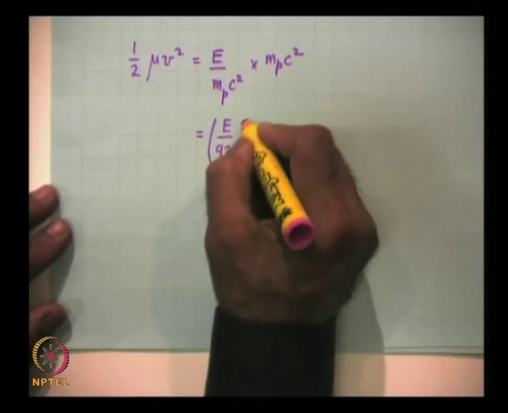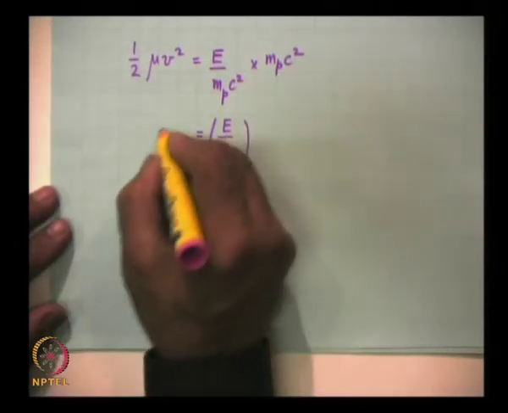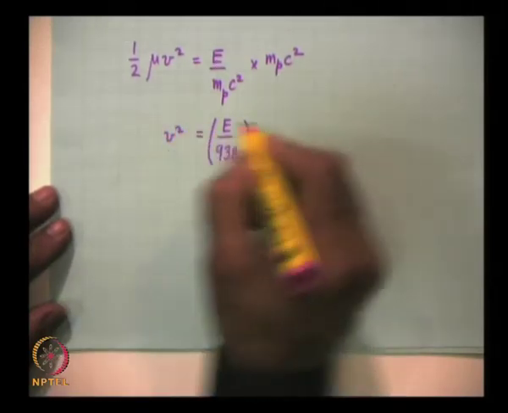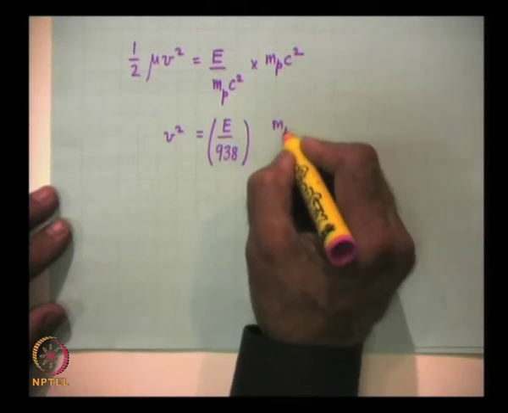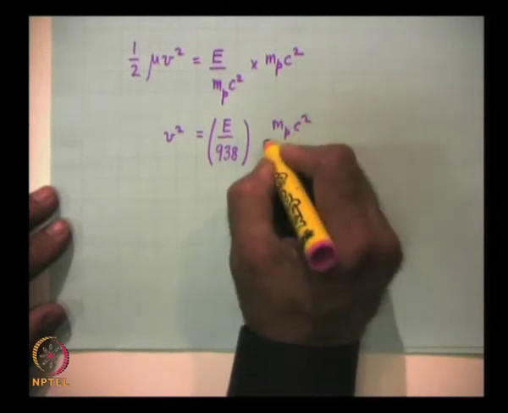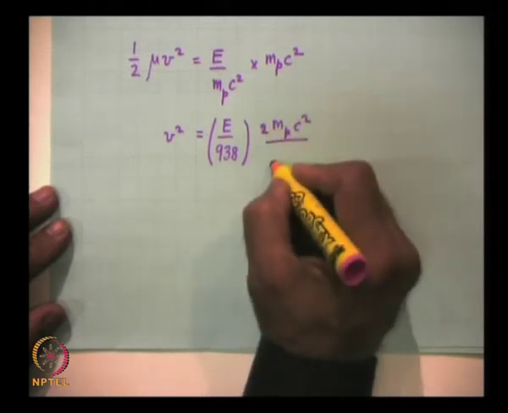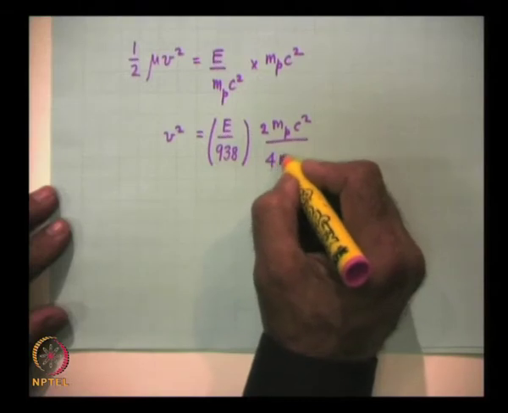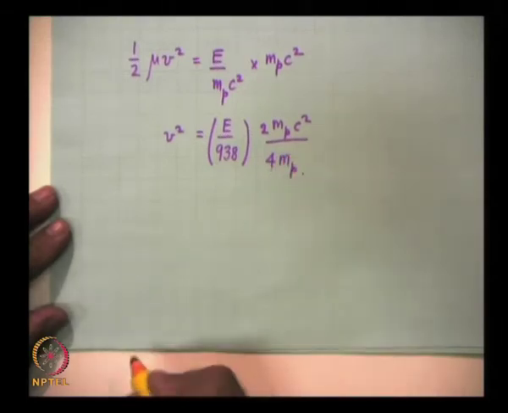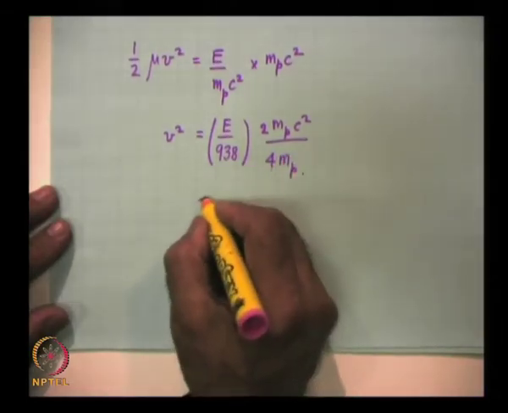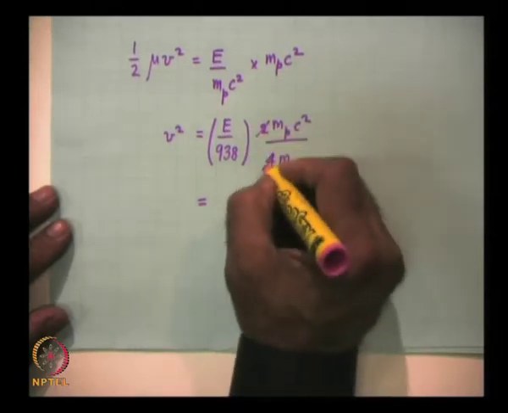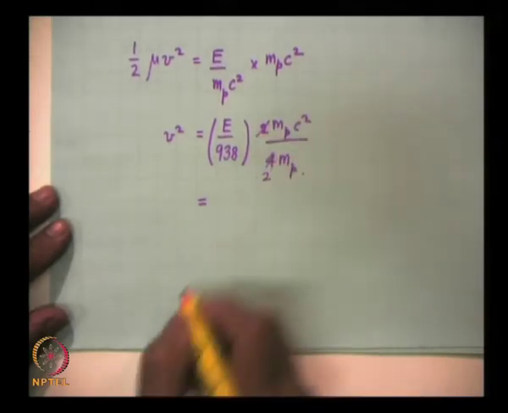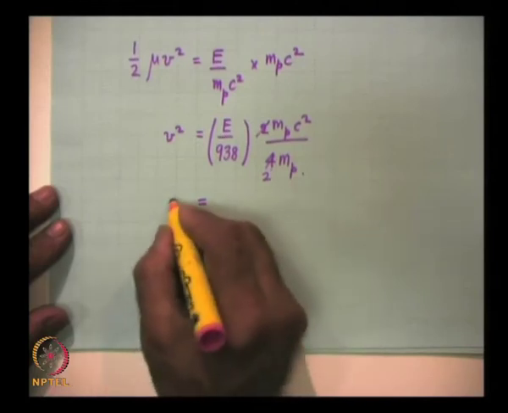Now, E is measured in MeV. So, V square is equal to mp c square divided 2 mp multiplied by mu. Mu is the mass of the alpha particle, and approximately this is 4 times mass of the proton. So, you have here, therefore, this 2 cancels out with 2 and mp cancels out. So, V is equal to